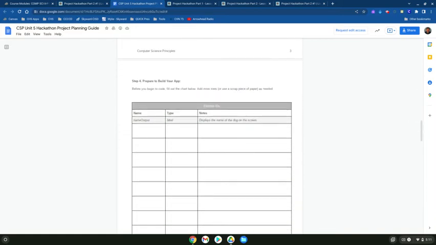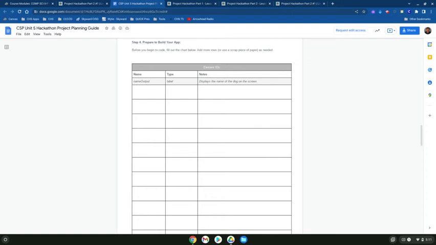So step four is probably going to be the bigger part of the day. It says before you begin the code, fill out the chart below, add more rows as needed. So now you're going to go into the names and the labels and what pieces are going to go in the interface. How's it going to work? Even though a lot of people don't think about it, this is really a super important part of programming. Once you start thinking about all the pieces that go in the puzzle, you're planning out your program. You have to start thinking about stuff like,